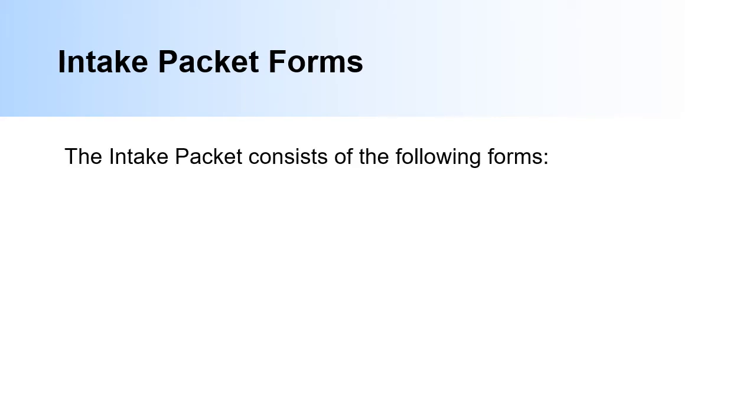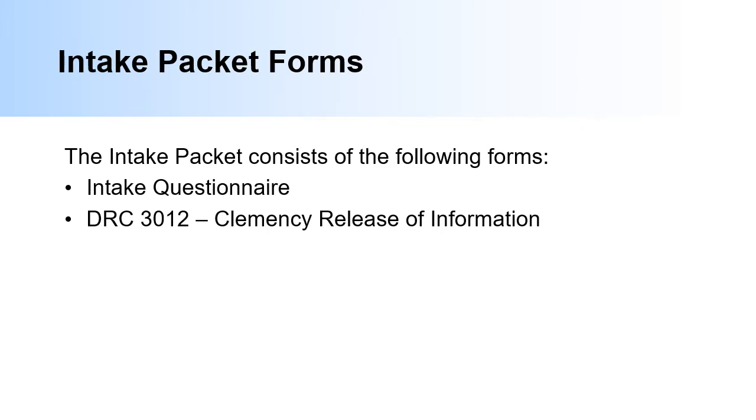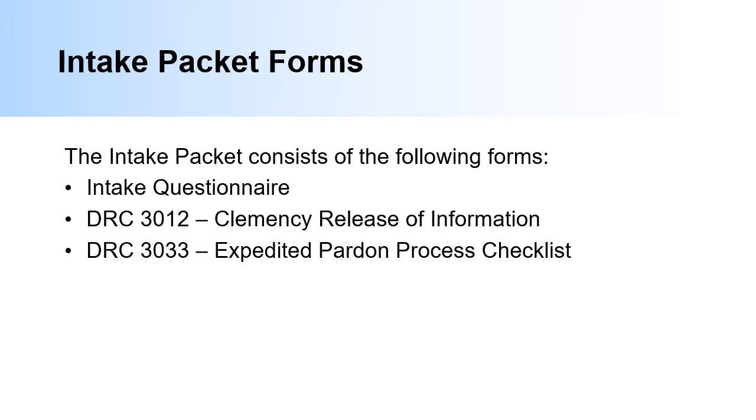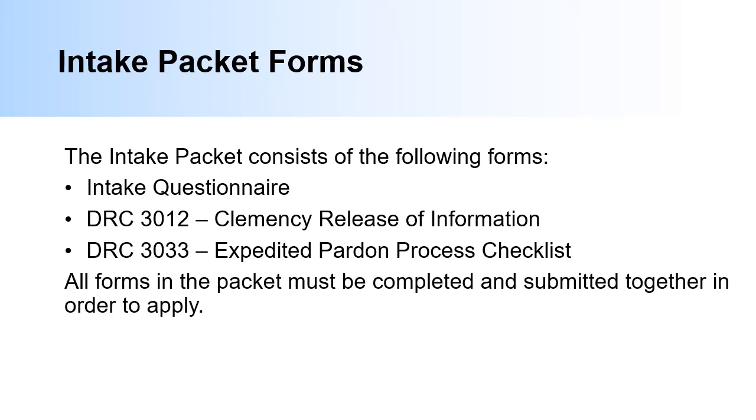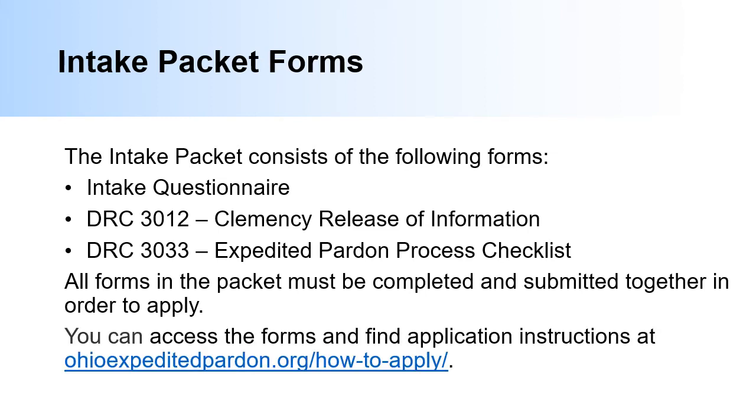If you believe you meet the eligibility criteria and are interested in proceeding with the application, the first step is to download, print, and complete the intake packet. The intake packet consists of the following forms: the intake questionnaire, the DRC 3012 clemency release of information, and the DRC 3033 expedited pardon process checklist. All forms in the packet must be completed and submitted together by mail in order to apply for the expedited pardon project. You can access the forms and find application instructions at